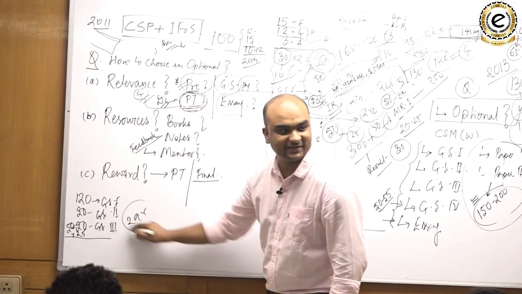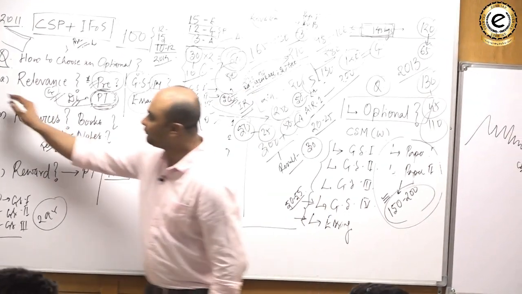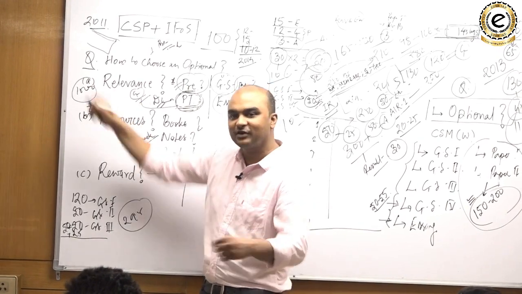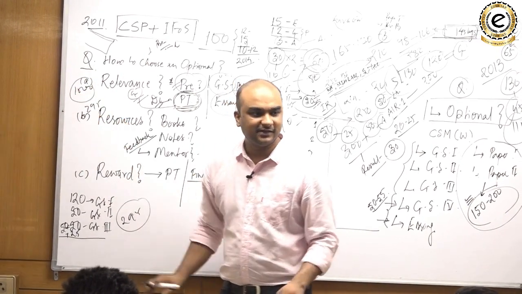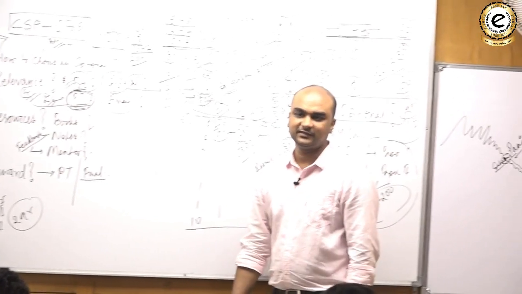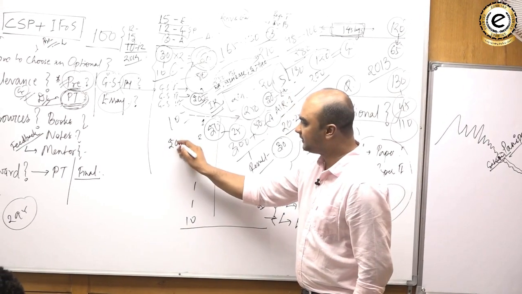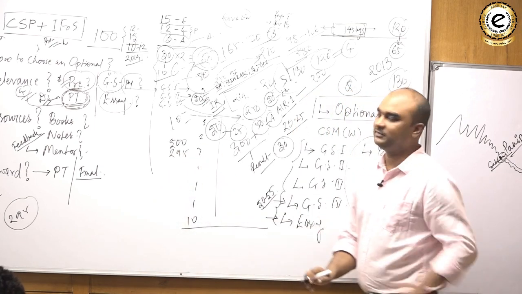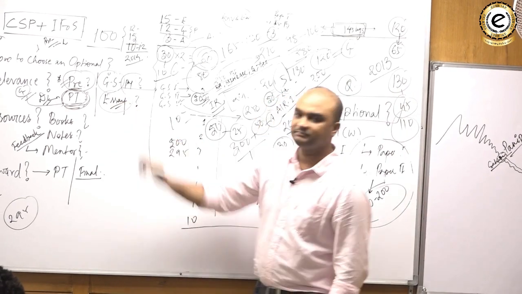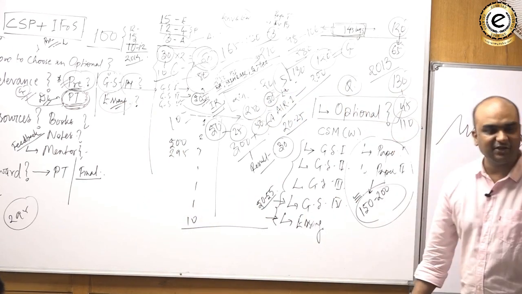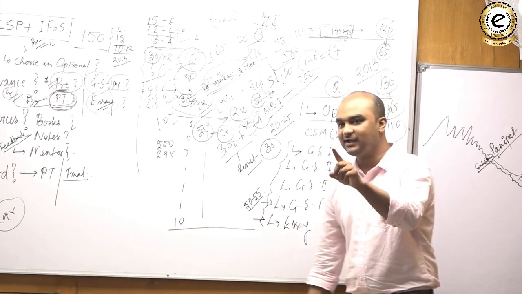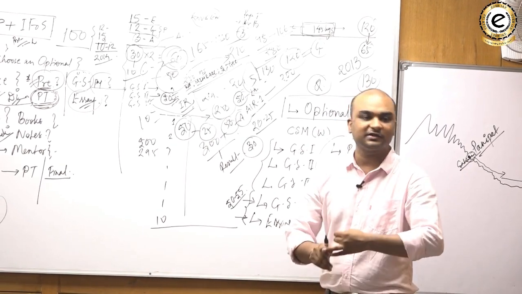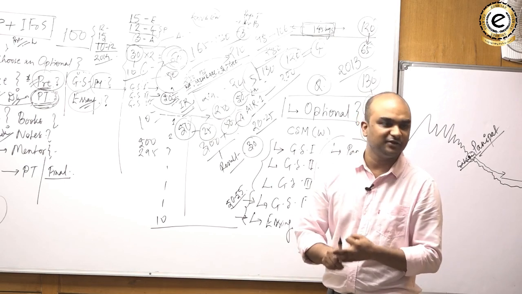Now if you just calculate, how much is it? 295. So you can understand that out of your 4 papers, which is 1000, 295 means almost more than one paper has the weightage of geography. Are you understanding this? So you have 500 marks of geography and 295 marks. Also, let me check the relevance in essay. If there is an essay on environment, do you require geography? Climate change, do you require geography? Population, demography, do you require geography? Urban planning, do you require geography?